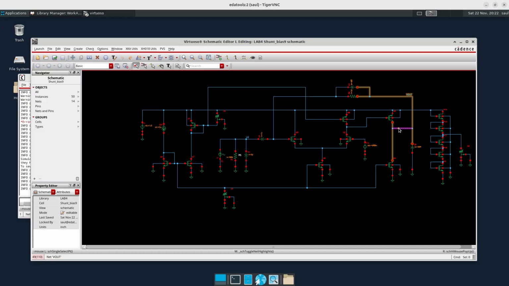For instance, here the output node is going to couple capacitively through the current mirror to the gate, and then it is going to be connected due to capacitances also to other parts of the circuit. For instance, to the